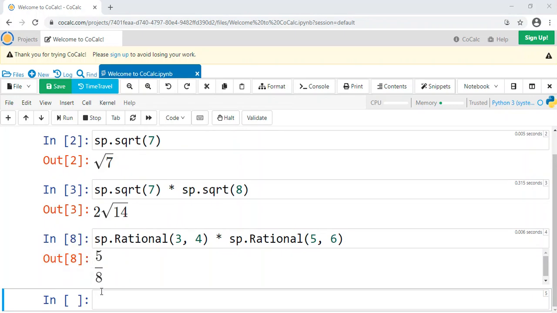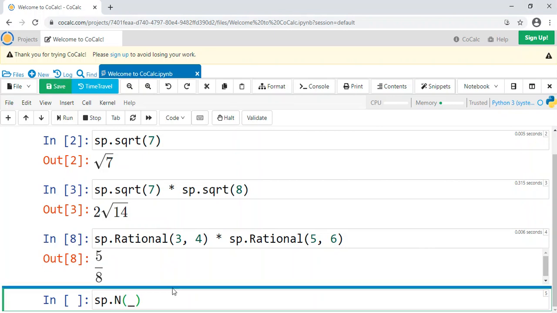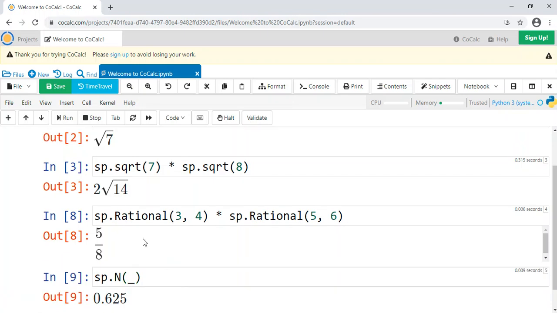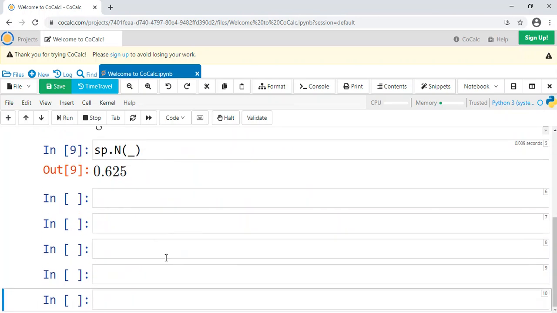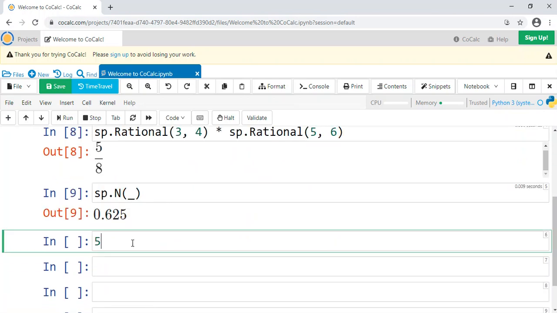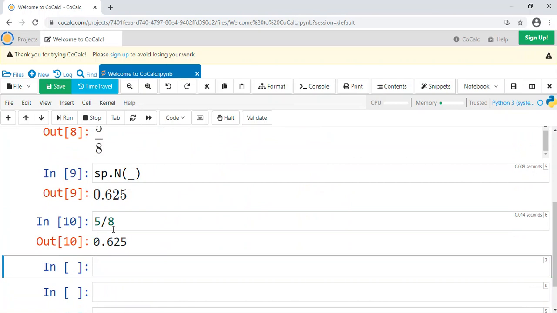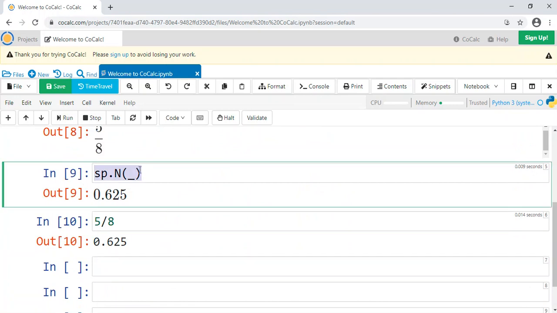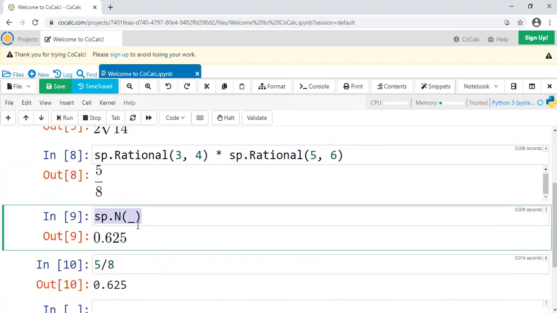In our case, that was 5/8, and you can do that with a function called capital N, sp.N, and then you put an underscore inside these parentheses as your way to say, well, what's the most recent thing that we did? And it will give you that 0.625, right? And so that's 5/8 in a numerical form, because 5/8 is 0.625. All right, so you could do that.